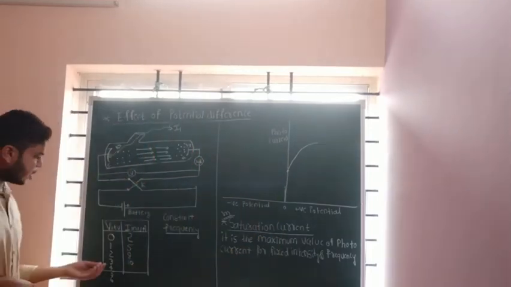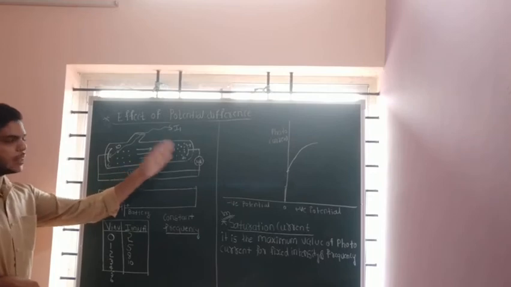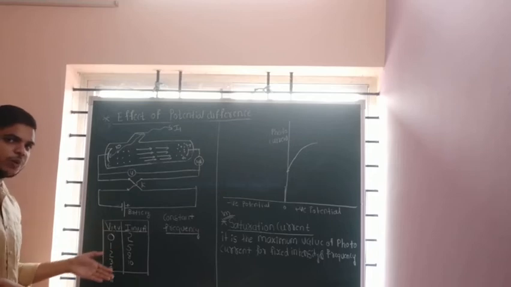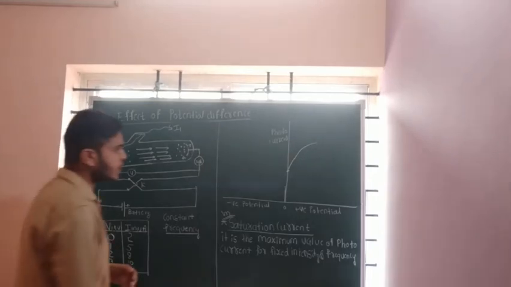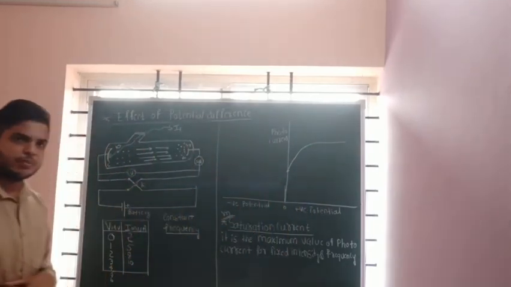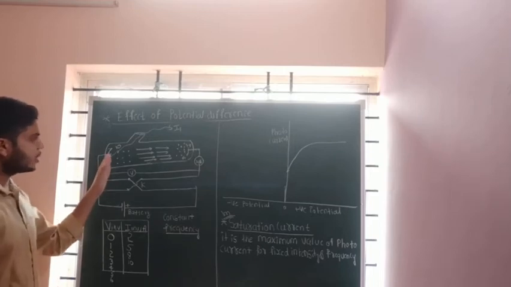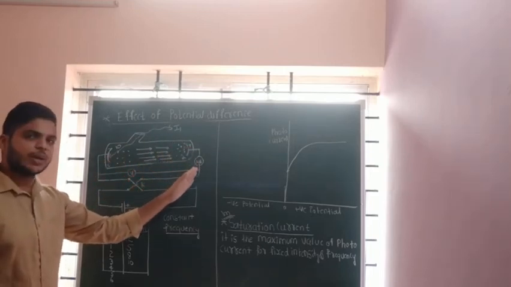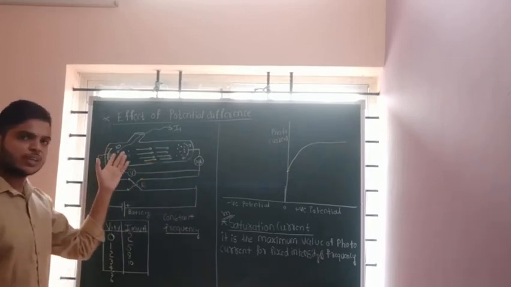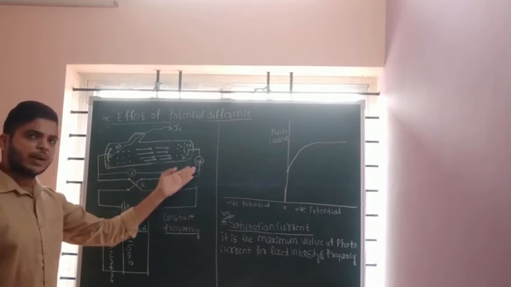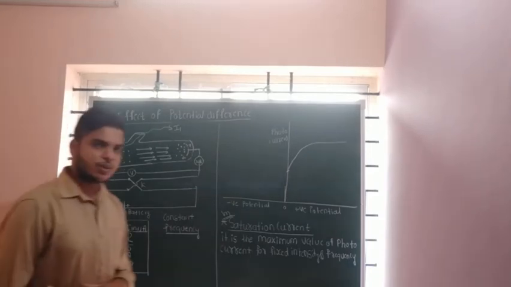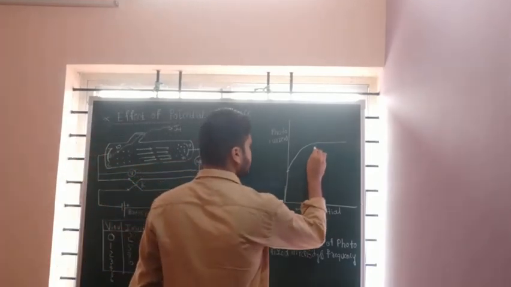After all the electrons reach the collector plate, you again increase the voltage to 4 volt, 5 volt, 6 volt. You keep on increasing the voltage, but it is observed that the current remains constant. The current is not increasing. Why? Because all the electrons are already flowing through the microammeter. All the electrons have already reached the collector plate. There is no electron remaining to flow through the microammeter. Therefore, the current does not increase. This constant current is called saturation current.